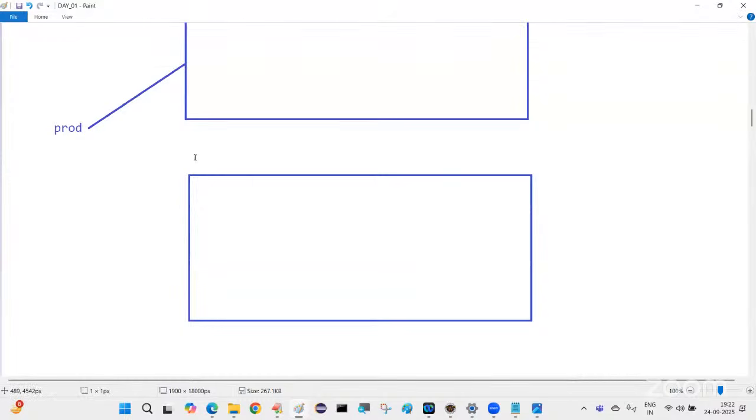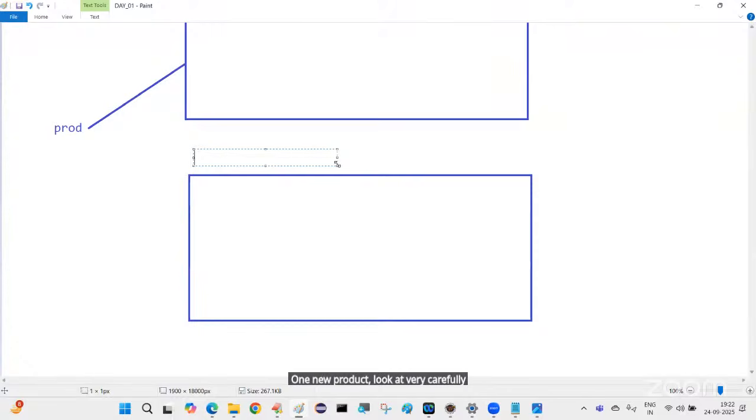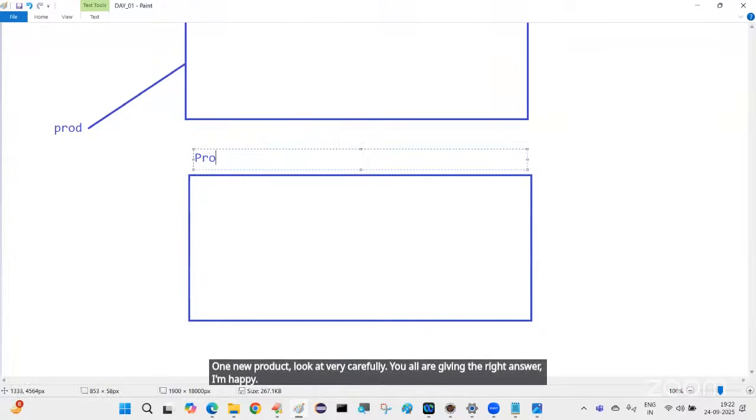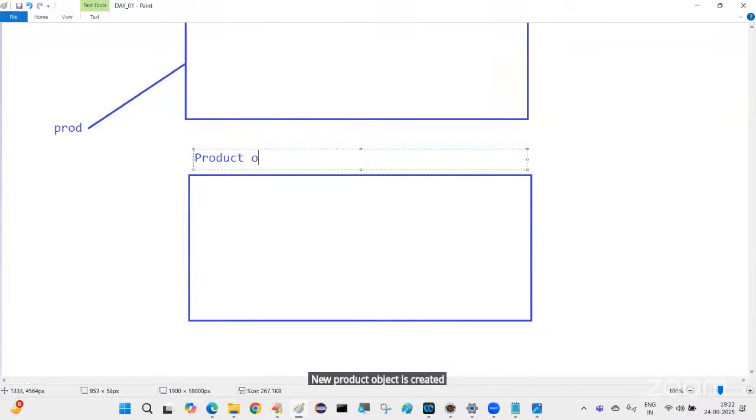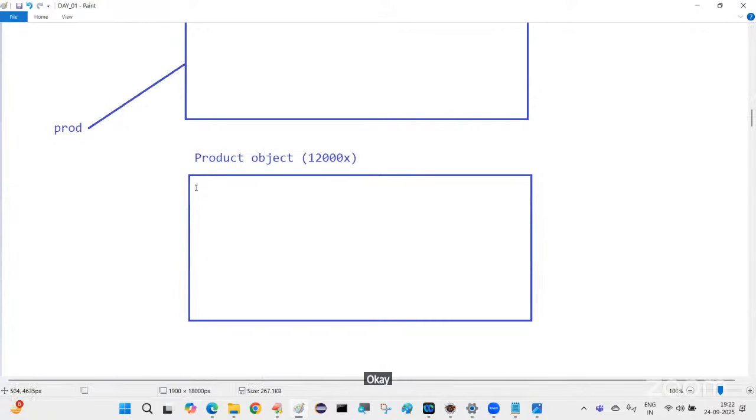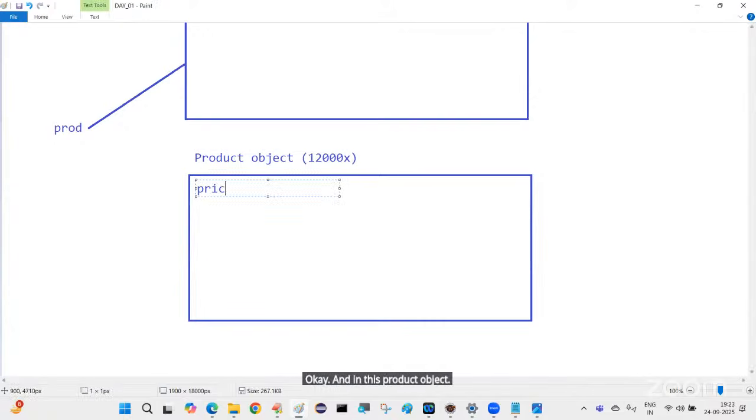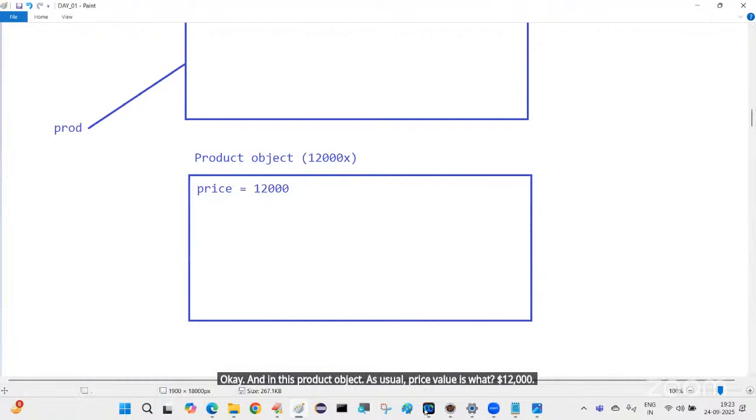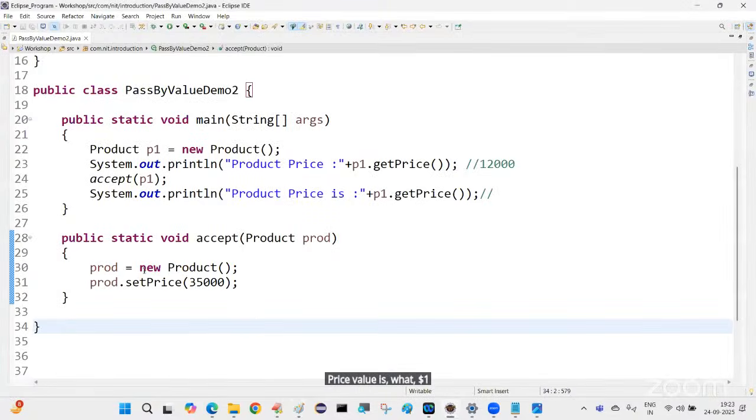One new product, look at very carefully. You all are giving the right answer. I'm happy. New product object is created. That product object is created, let's say at 12,000x memory location. And in this product object, as usual, the price value is 12,000. Then this newly created object,